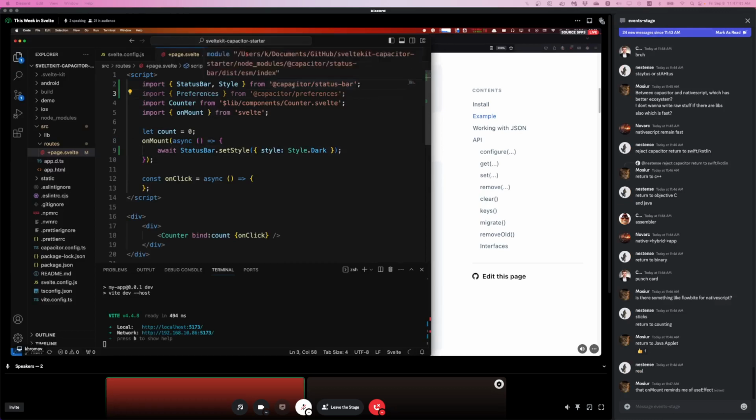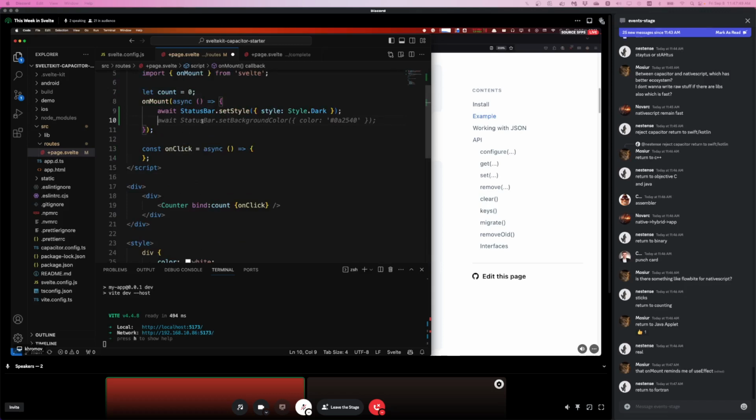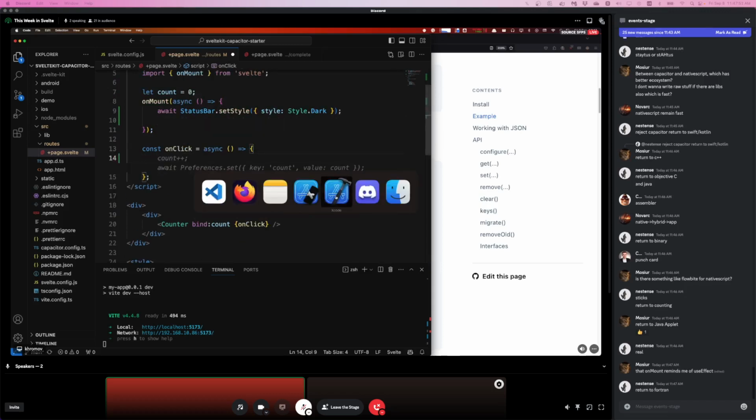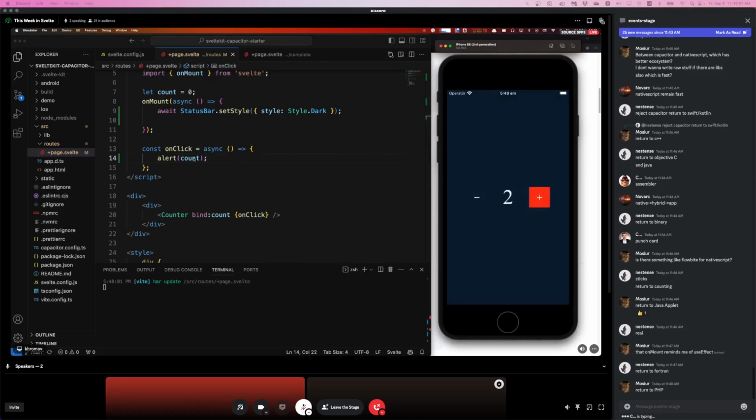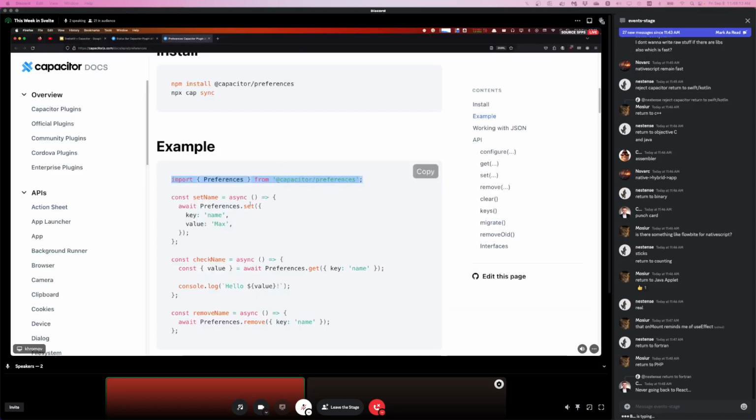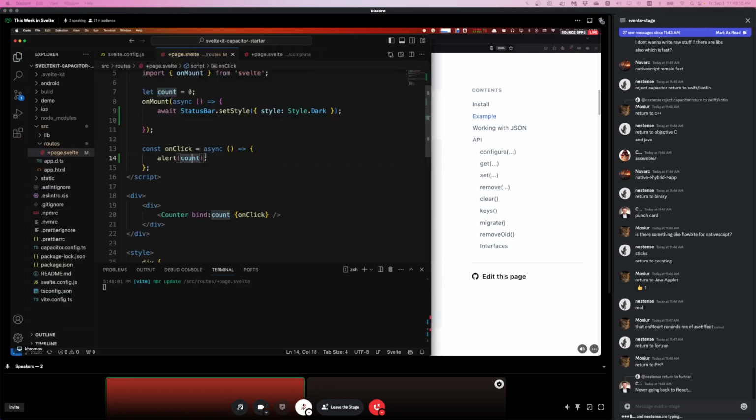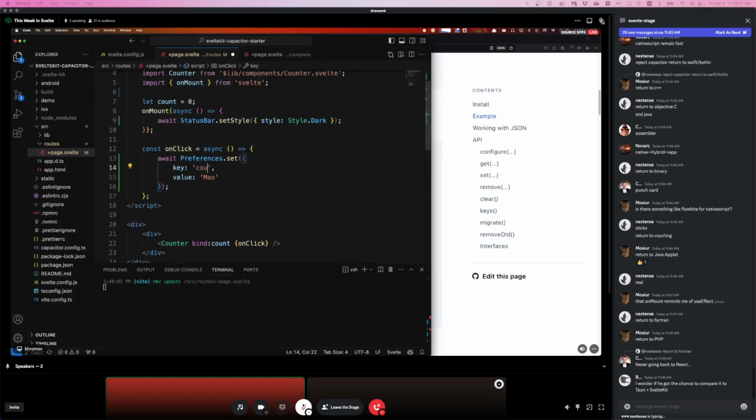So I'm going to import preferences, and then, maybe this is not how you would do it in a production app, but I'm going to cheat a little bit. Well, first of all, we need to save the count. So we have this handy onClick. This triggers every time the count changes. So we see here 1, 2. And every time the count changes, we're going to persist the count itself. So in onClick, we're going to set the count